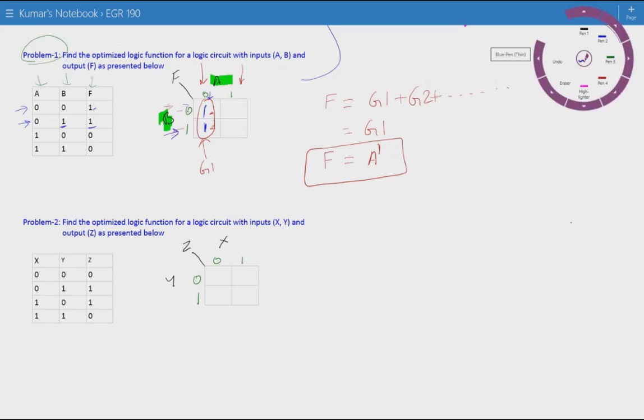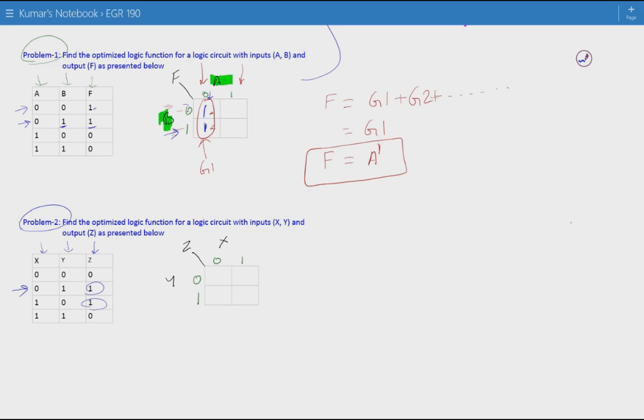What if problem 2, we have inputs X, input Y, and Z is a different input here, output here. So let's look here. The same way, since we are focused on only ones, not the zeros, let's jump directly into row 2, where X is 0, Y is 1. Identify the cells where X is 0, which is the first column here, and Y is 1 in the second row. So we're talking about the cell in the bottom left here. So this one